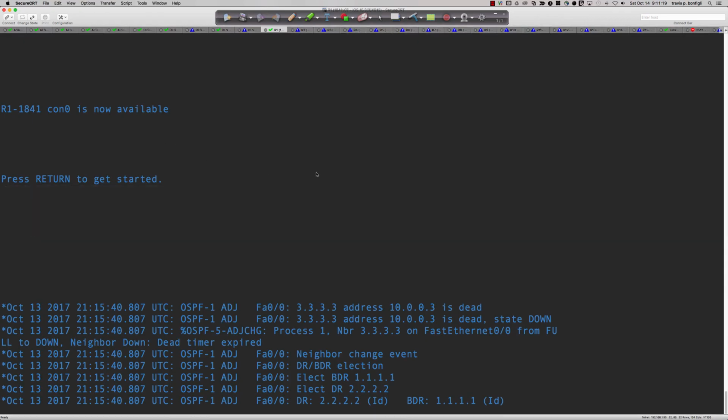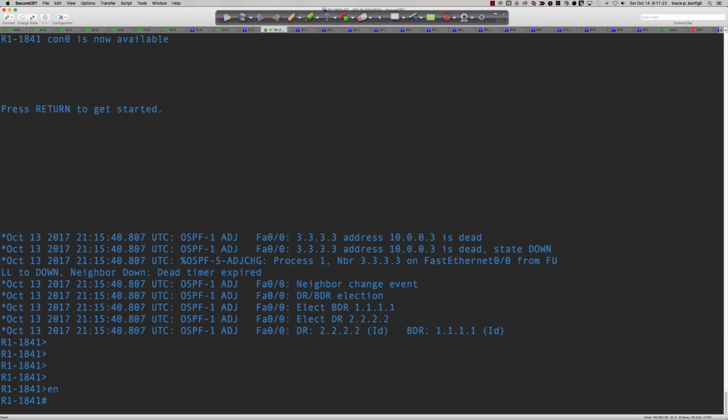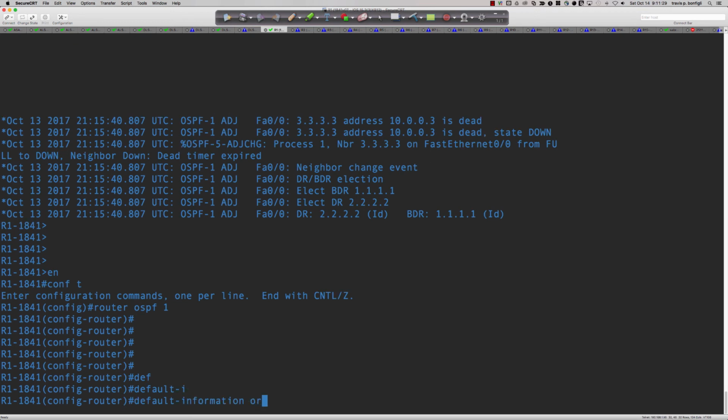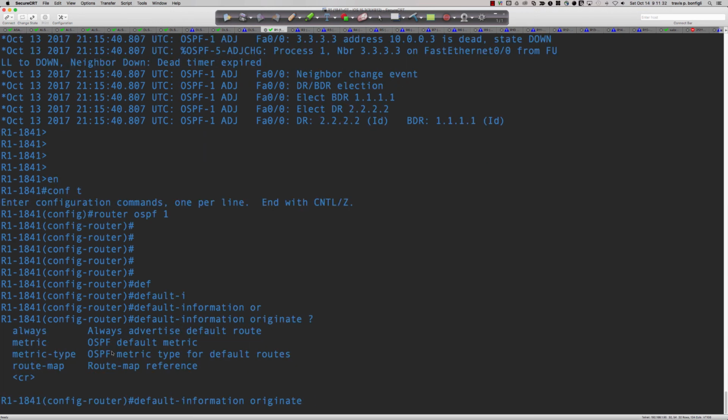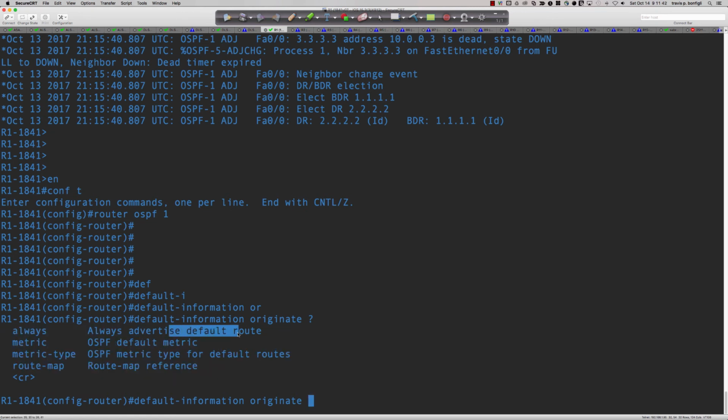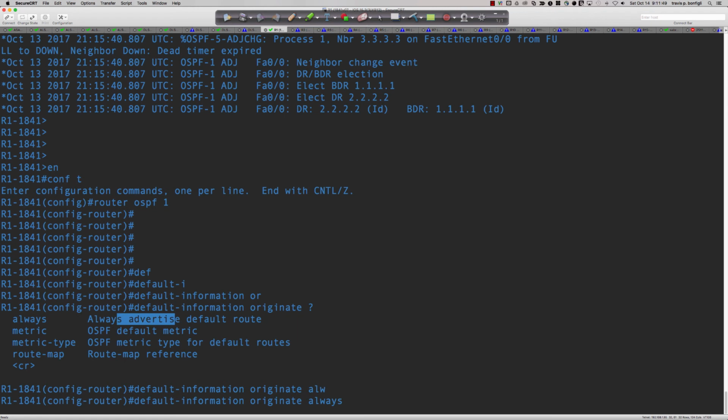And so I want to show you an option that you can use with OSPF on the default originate. So router ospf 1, and if I simply say default-information originate, and I do a question mark, you can see we've got a significant number of other things that we can do here, and we're interested in the always. And if you put the always, so default-information originate always, means that even if the interface or that next hop IP that we're using in our static default route, even if that goes away, OSPF will not